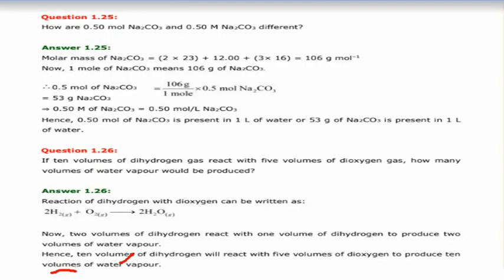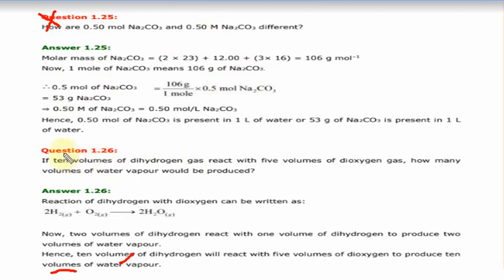Okay, next is, again we will not be going to solve this. I just got confused. I just thought कि we have discussed this molarity, normality. So we are not going to solve this question.